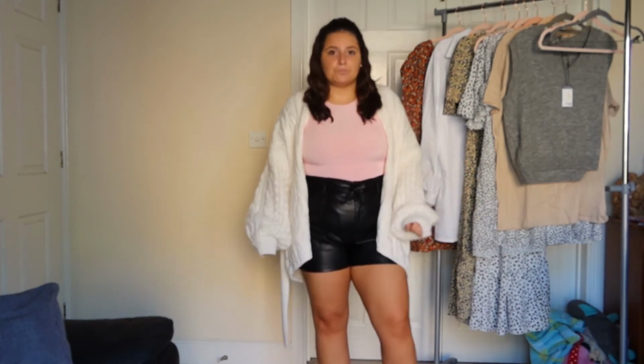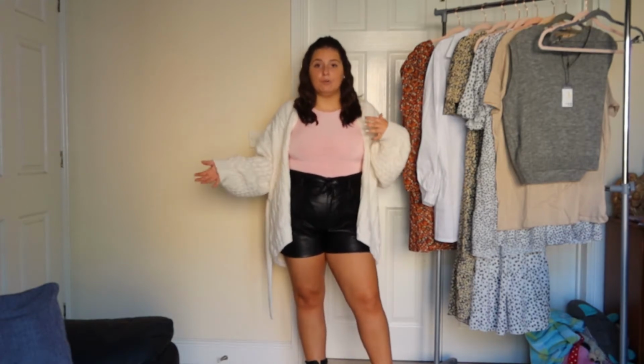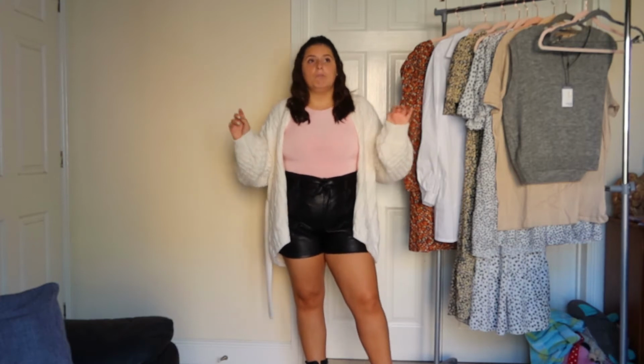This one I physically cannot get to do up at the bottom, so there's just not enough material there. I have quite a short body compared to a lot of people, because I'm just short in general, and if I can't get it up, people who are somewhat taller than me, which is most people because I'm tiny, there's no way that they're going to be able to do it up. So I don't really know what went on there, whether or not I got a faulty one, I'm not really sure, but yeah,